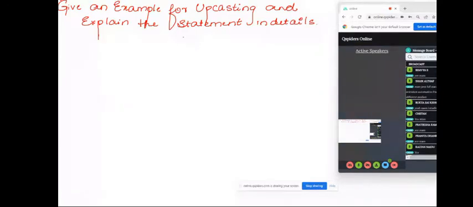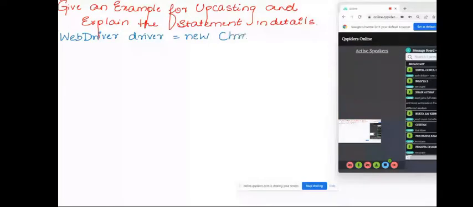We have already seen the upcasting statement. What is the upcasting statement we have? WebDriver driver equals new ChromeDriver();